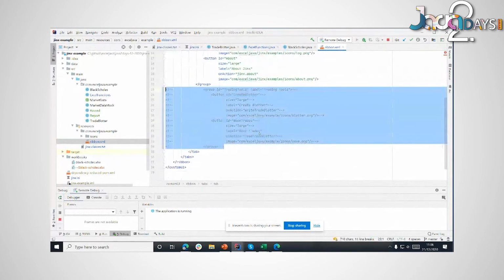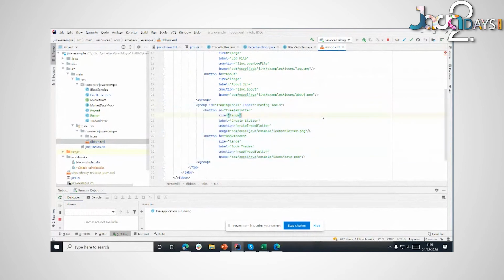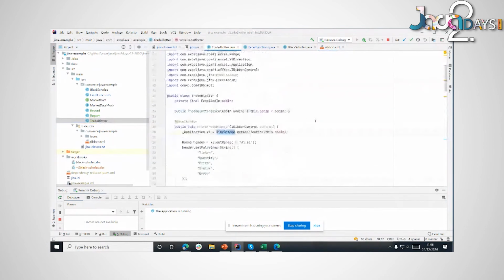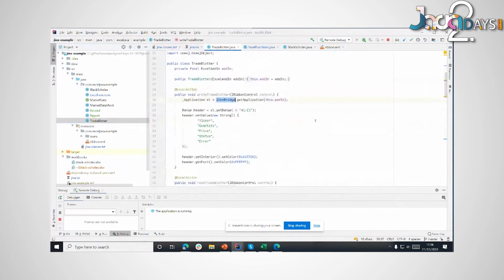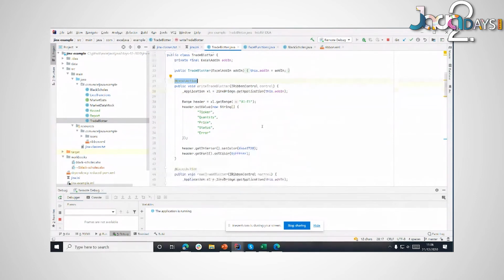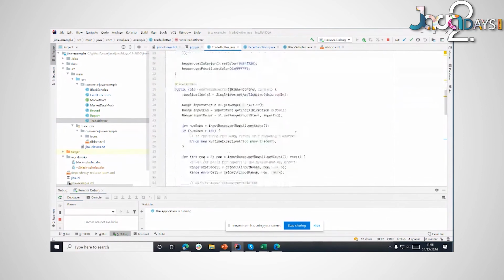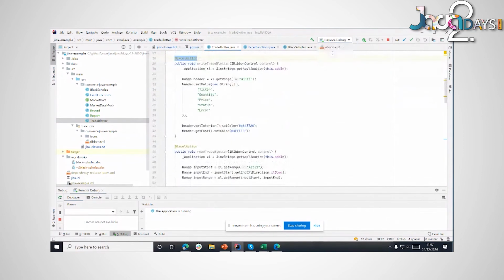So in this example XML file here, what was commented out here is a new group of tools just called trading tools with my create booker, create blotter, and book trade things here. And these have an on-action attribute, and these correspond to methods here, in the same way I used that Excel function annotation to mark a method as being an Excel function. Here I've got an Excel action annotation to mark these things as being an action that can be called from the ribbon. So if I rebuild this again now,